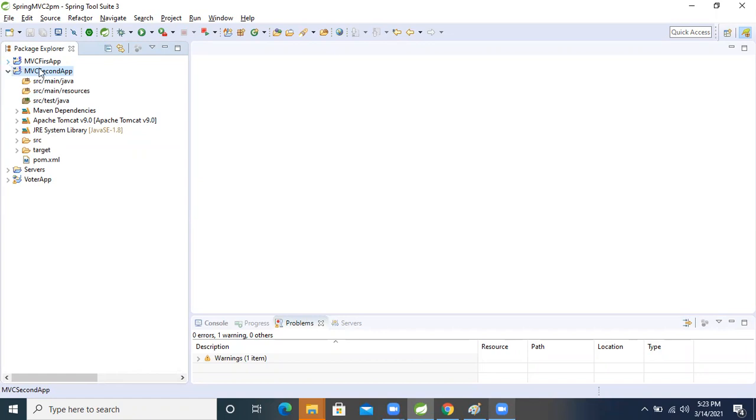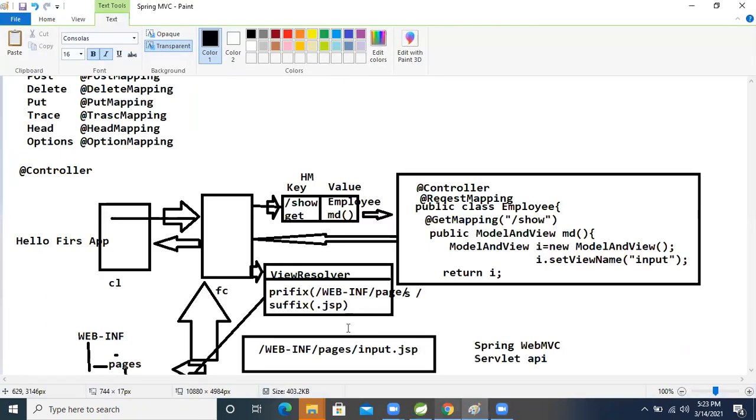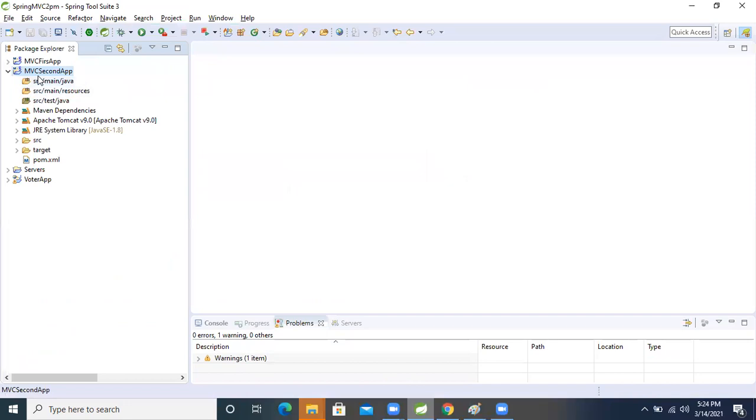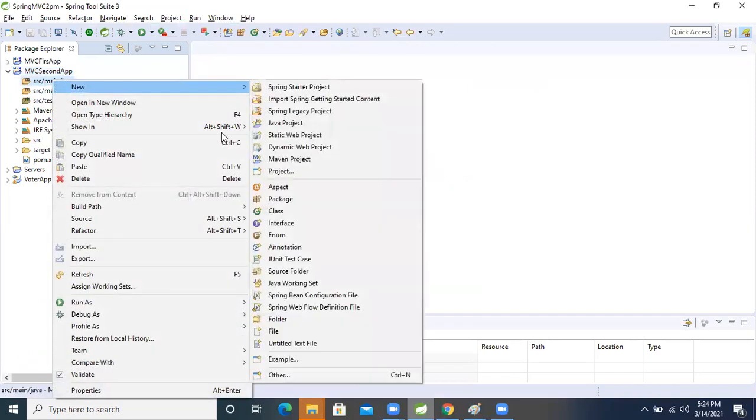In the first application, we first wrote web.xml and configured the dispatcher servlet. So now, to configure this, we will write a Java class. Inside this, right click, new.